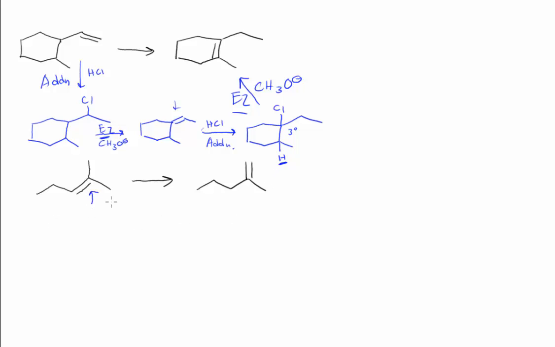So the next problem, we have this tri-substituted alkene, and now we have a di-substituted alkene that we want to transform it into. And again, HCl here will give us Markovnikov addition with the chlorine on that tertiary site, which we shared between our two different alkenes. So we know that we're sort of on the right track, and probably just an elimination step here can get us to this